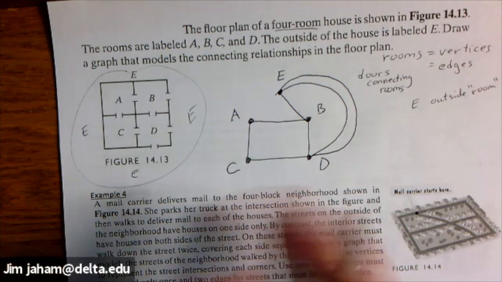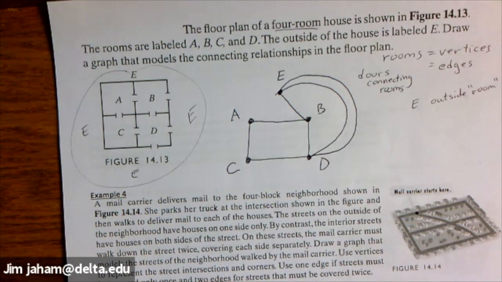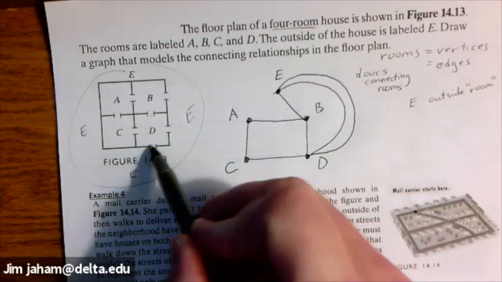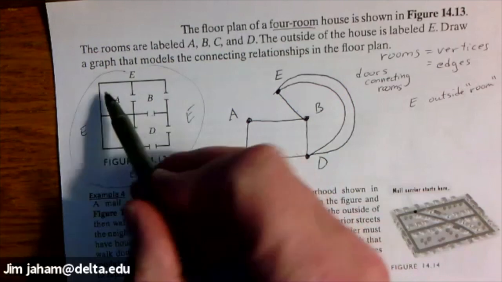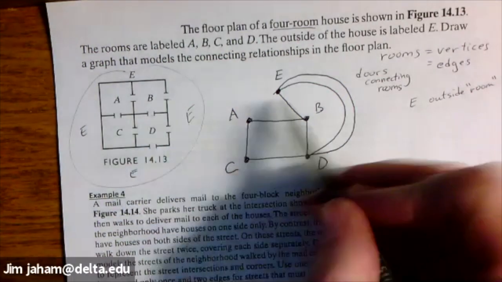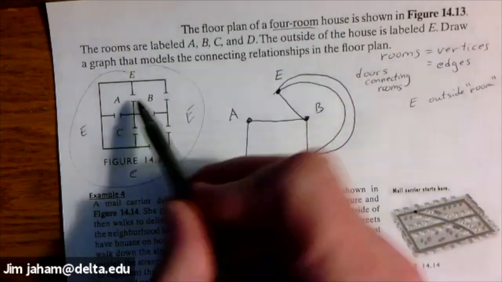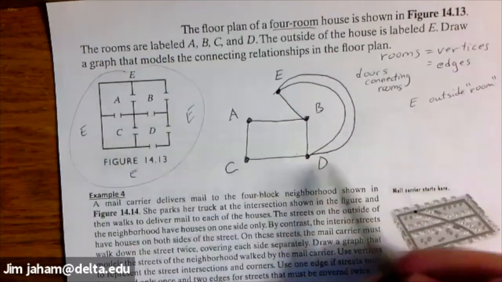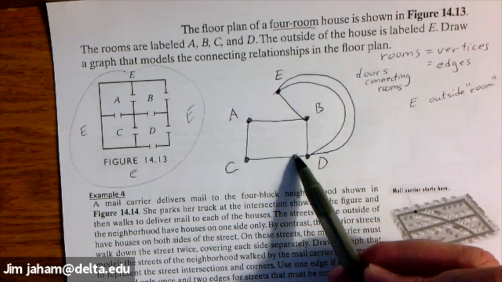The point is here that we can have completely different correct graphs. There's lots of different ways to draw this. So D has 1, 2, 3, 4. E has 1, 2, 3. A has 2 doors. C has 2 doors. D has 4. All right, so modeling,